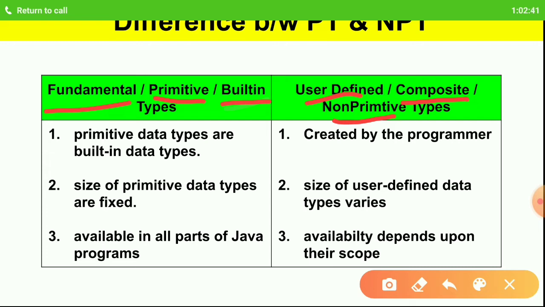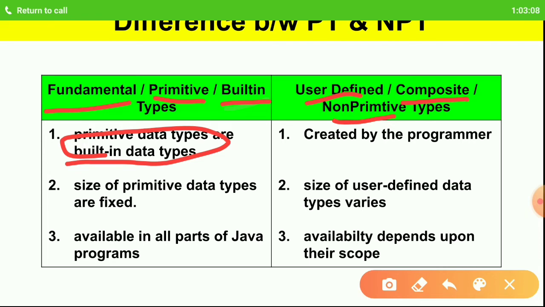The first point is primitive data types are built-in data types. That means this kind of data is the fundamental basic data which is already available in the programming language. That is why it is known as primitive type.